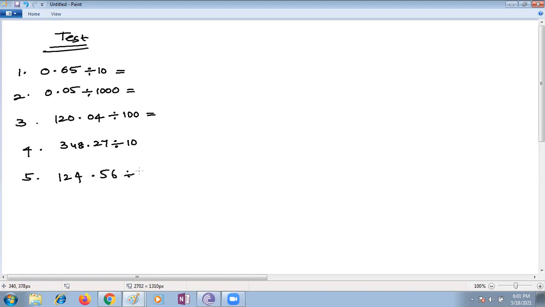124.56 divided by 6, and the seventh bit is 6.54 divided by 12, and the other bit is eighth one. Ma'am, you didn't draw sixth one. Okay, you make it as 6, 7. Okay, sorry. 37 divided by 16. Eighth bit. Sorry, please just a minute.